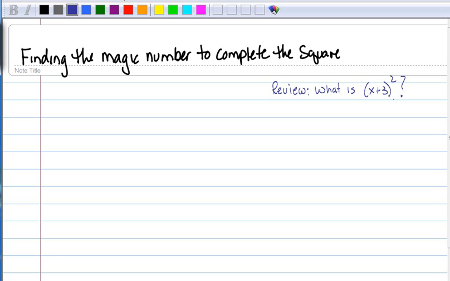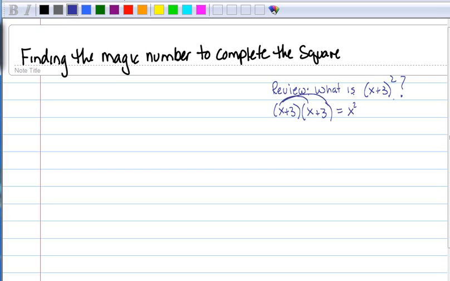I'm going to expand, or multiply, that. If you remember, if I have a binomial and I'm squaring it, which is what we're trying to do, we're going to go backwards with this to complete the square. You have to use FOIL because it's x plus 3 times x plus 3. The product of two binomials is FOIL, so we do the first,